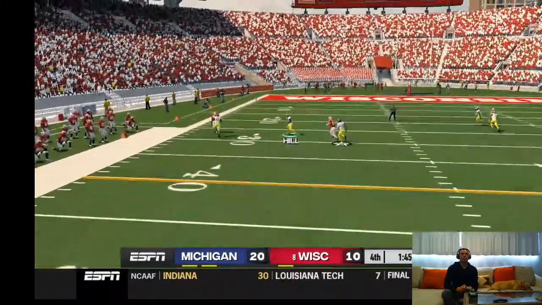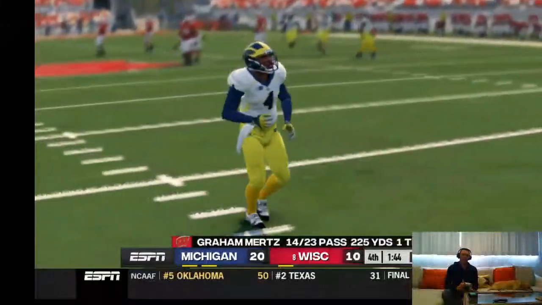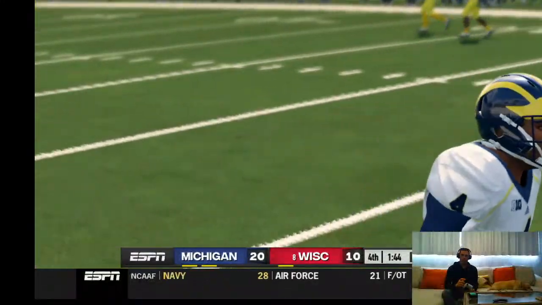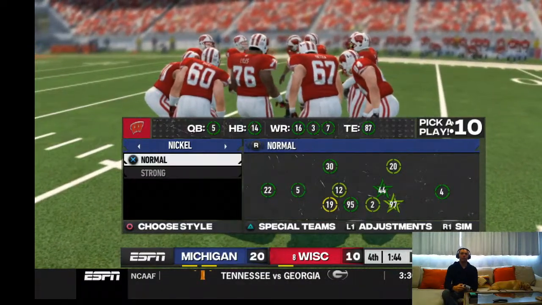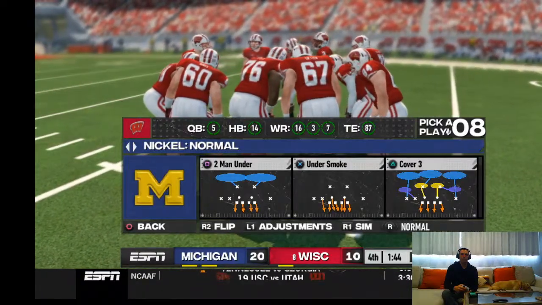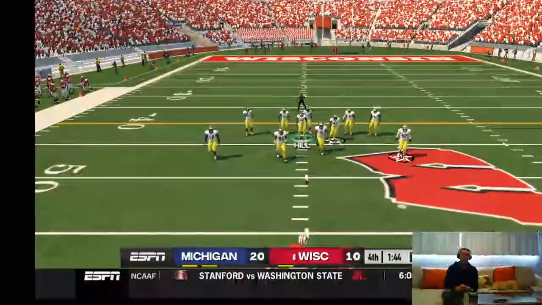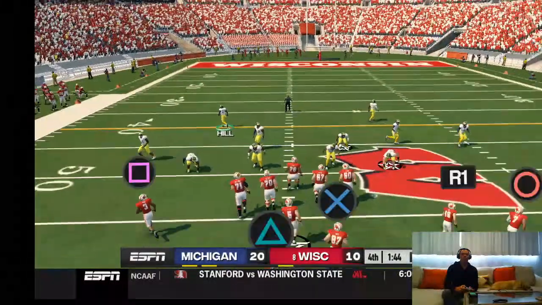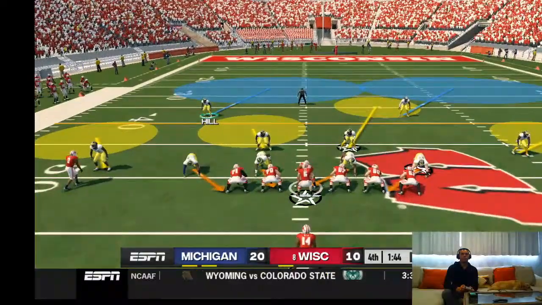He's in trouble. You know, how big was that shoestring tackle I made at the goal line in the first half? It was a 4-point swing, right? So they would be down by 6 right now with the ball. It's a chance to go in and take the lead. Less than 2 minutes in the fourth quarter.